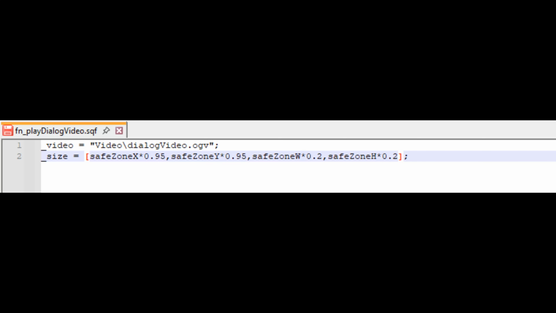So the local variable is going to look like this. _size = [safeZoneX * 0.95, safeZoneY * 0.95, safeZoneW * 0.2, safeZoneH * 0.2];